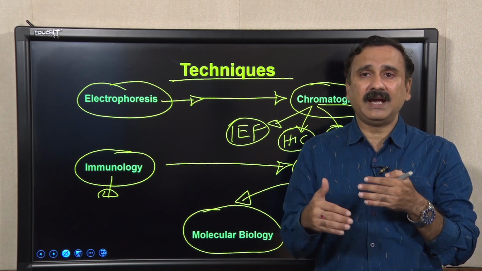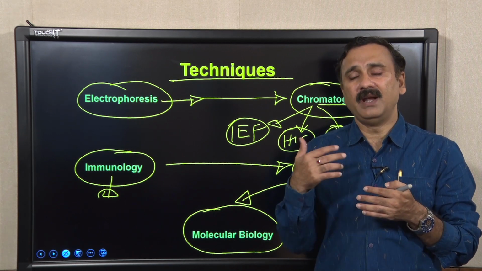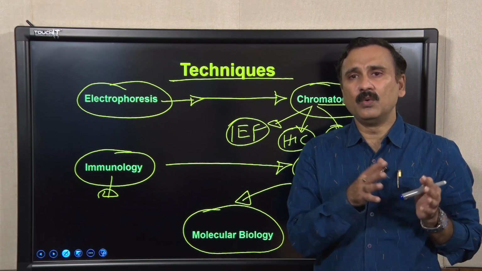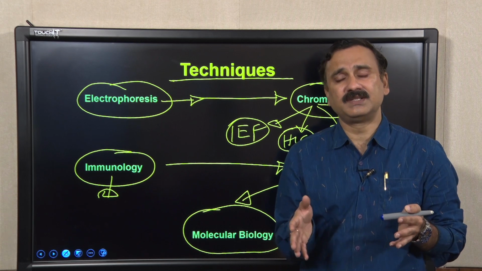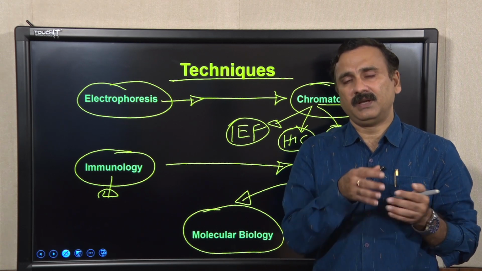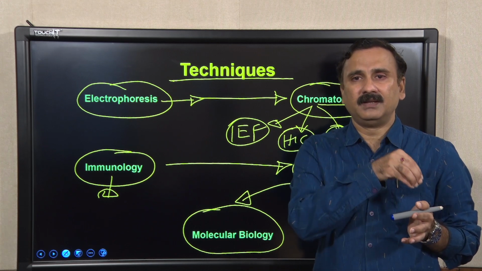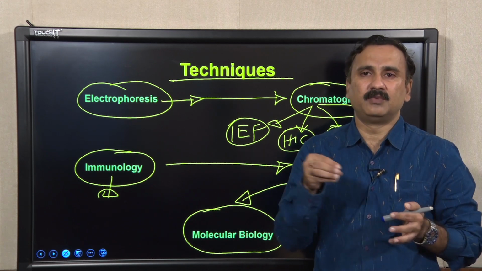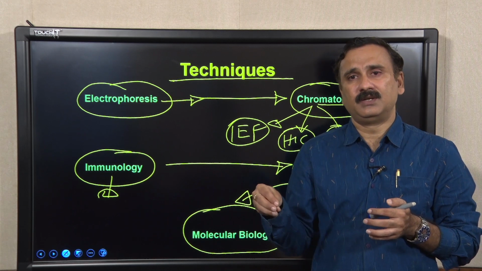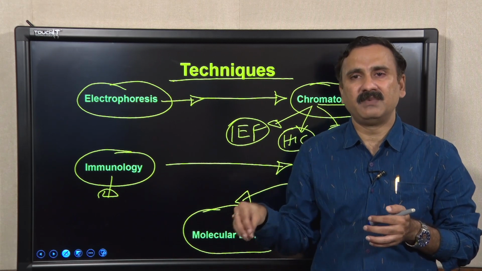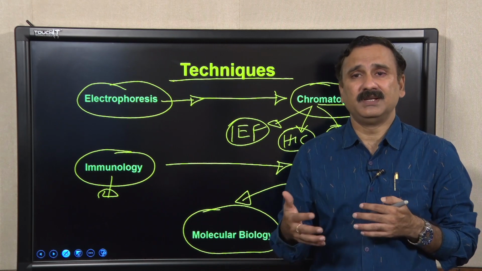So, because of that, it was actually causing a lot of hindrance, and apart from that, people were also using very crude thermal cyclers. In the crude type of thermal cycler, they were supposed to transfer the tubes from one compartment to another compartment, and that's how PCR actually started.